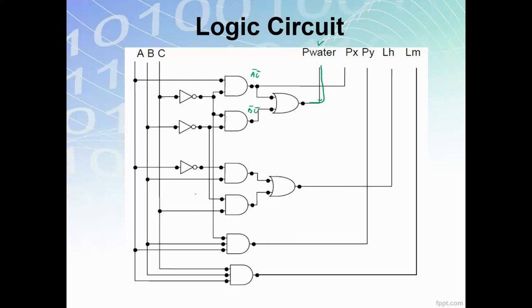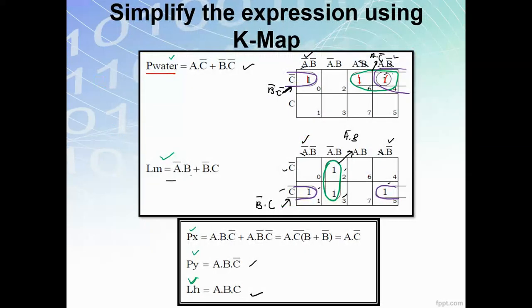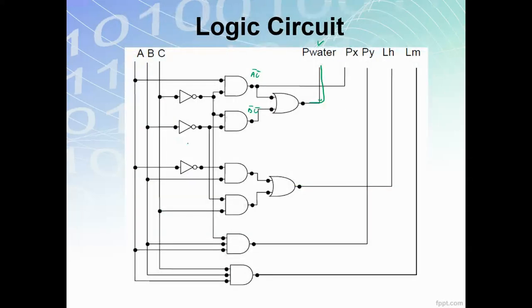Okay, now we go to the PX. PX is A dot C bar. Okay, A dot C bar. So PX, A bar, A dot C bar. So the same output, put it here. Pull. Okay, so PY. PY is A bar